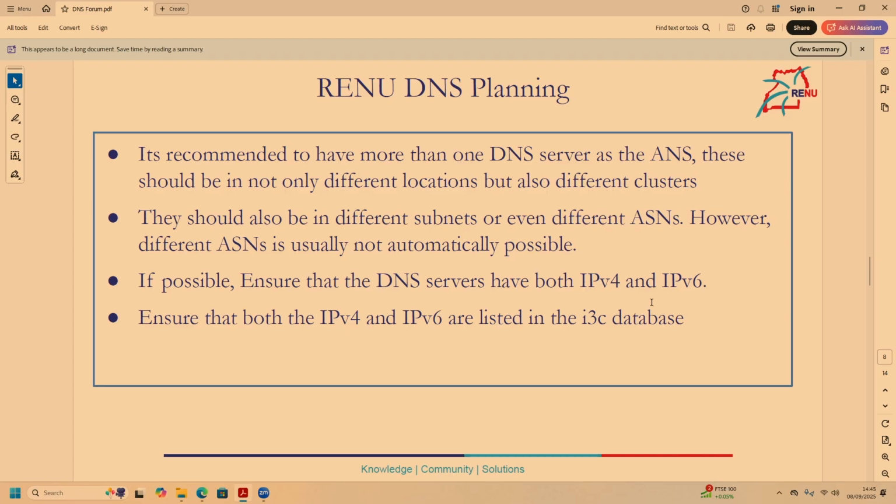Then it's also in your best interest to have them in having both IPv4 and